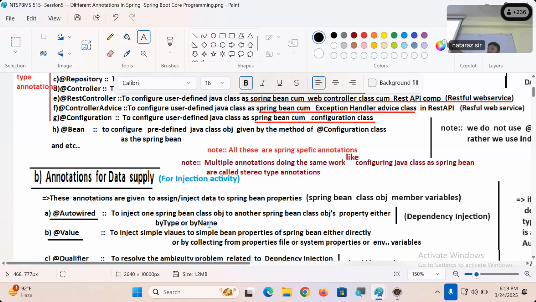If the dependent is decided based on its class name, it is by type. If the dependent is decided based on its bean ID, bean ID meaning the name of the Spring Bean,